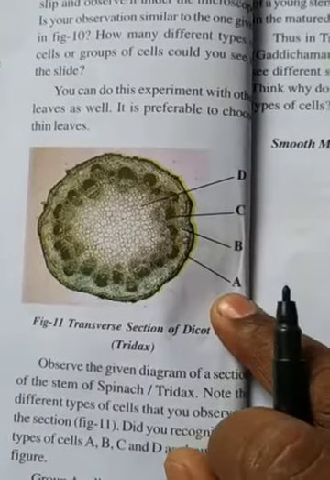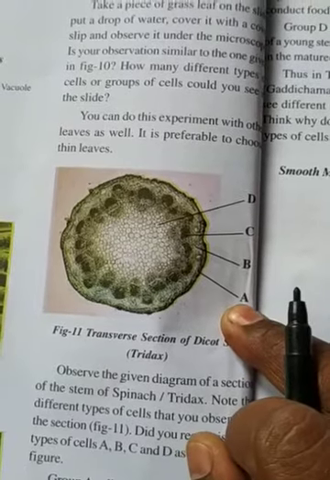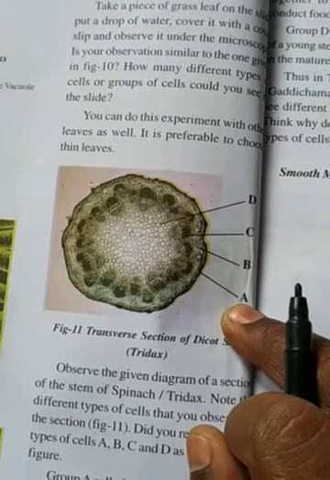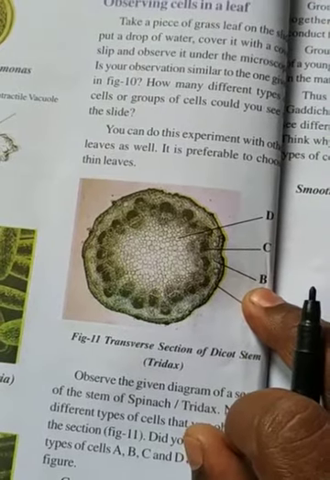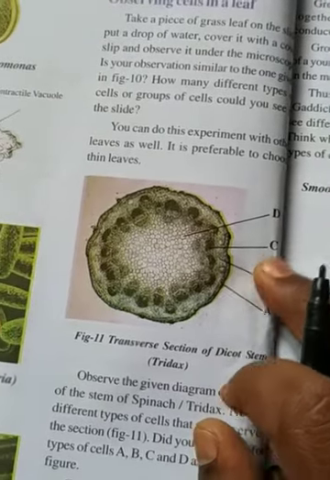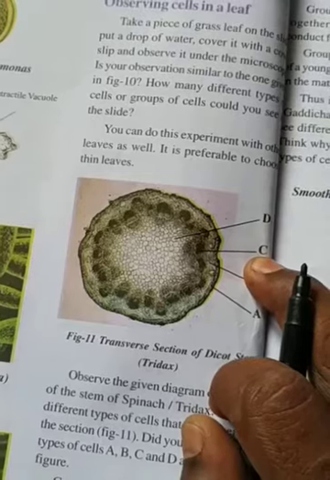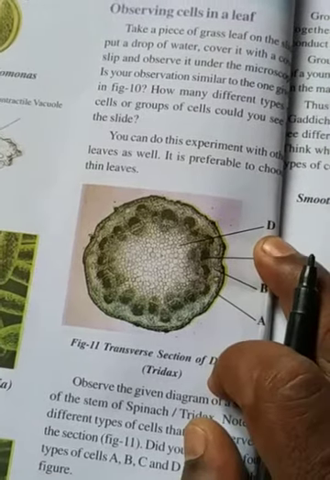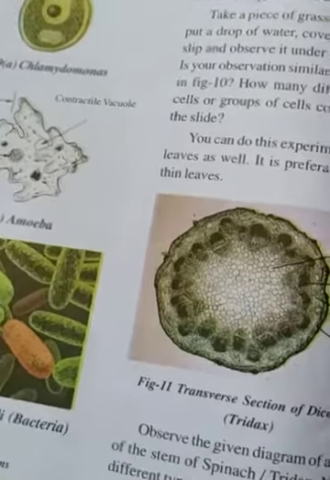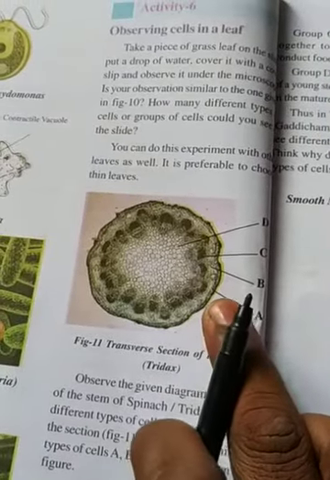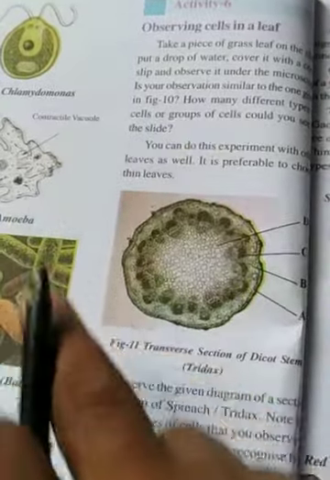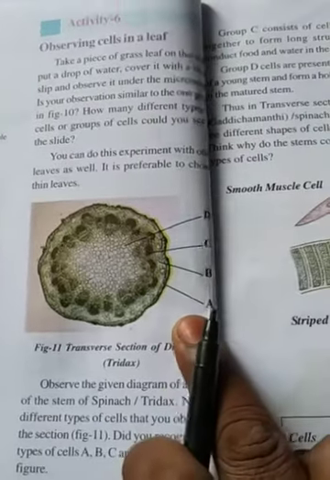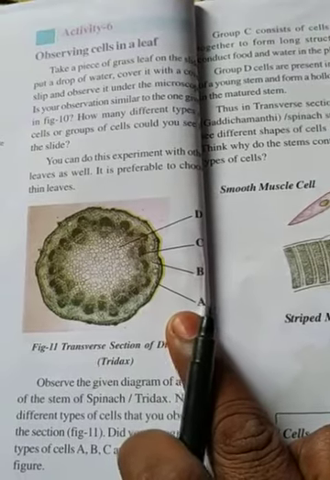A is called the outermost covering cells, epithelial cells we call them. The B is called normal ground tissue. The C is called the vascular tissues, and the D is called the pith, right? Why like this? Because the outermost layer, epithelial cells, will help in protection of the complete stem, and it is the outermost layer, it protects and it allows substances to move in and out.